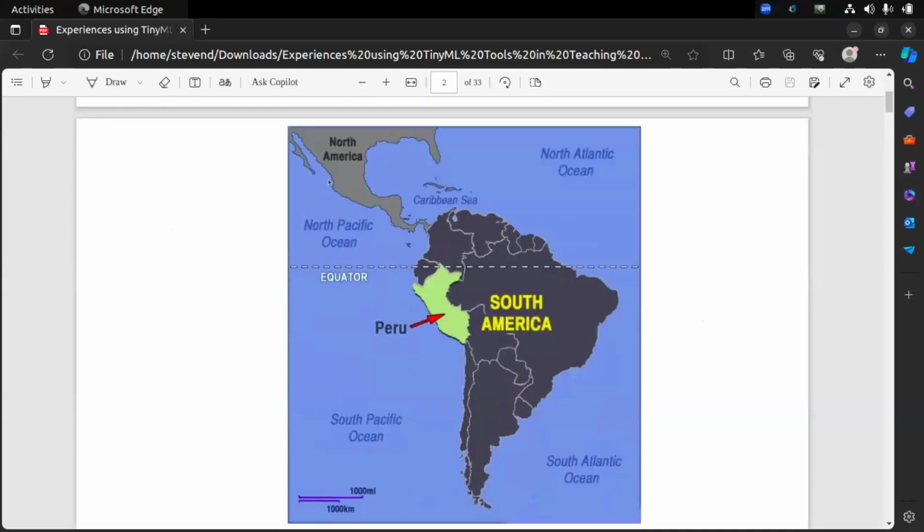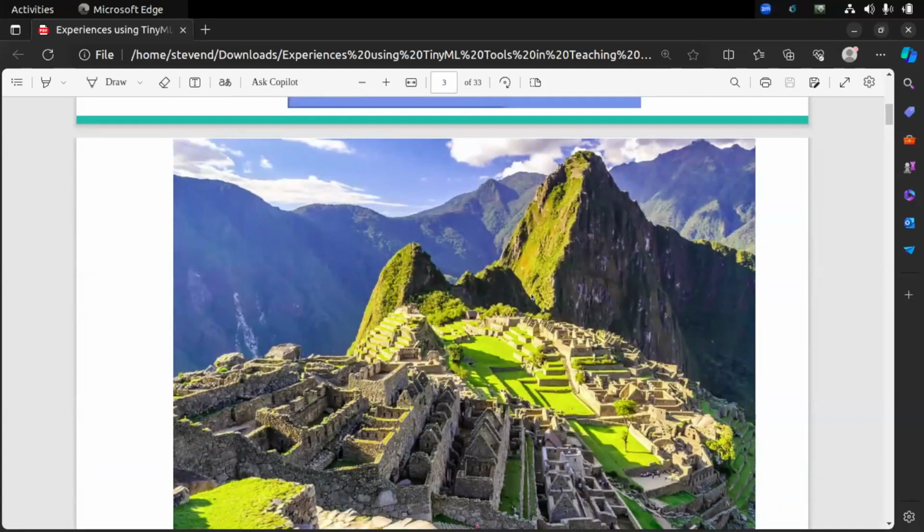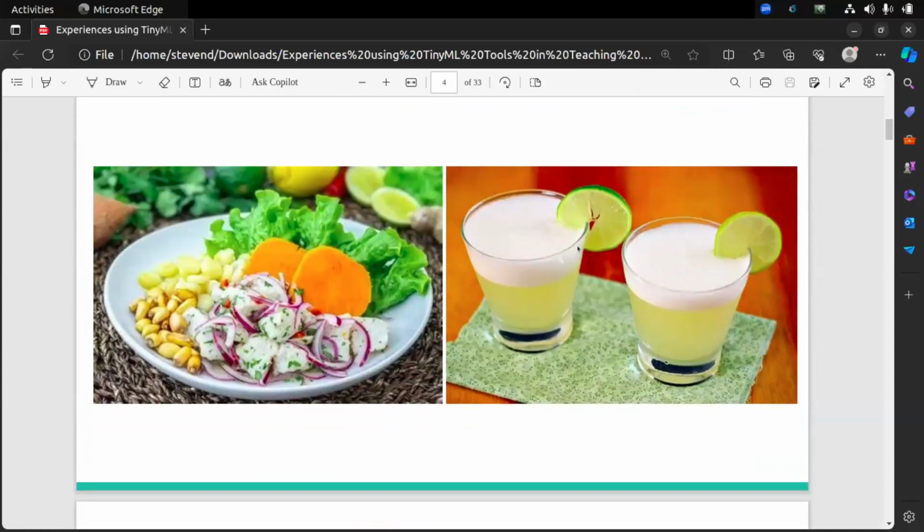Peru is a country located in South America, close to Ecuador, Brazil, Chile, Argentina, bordering the South Pacific Ocean. Well, probably you know Peru because of Machu Picchu, this marvel that is well known around the world. Or perhaps you know Peru because of the food, no? Ceviche or pisco sour. But the reality is that Peru is not a high tech country. Most of the time, we import technology from outside, from developed countries. But we are in progress